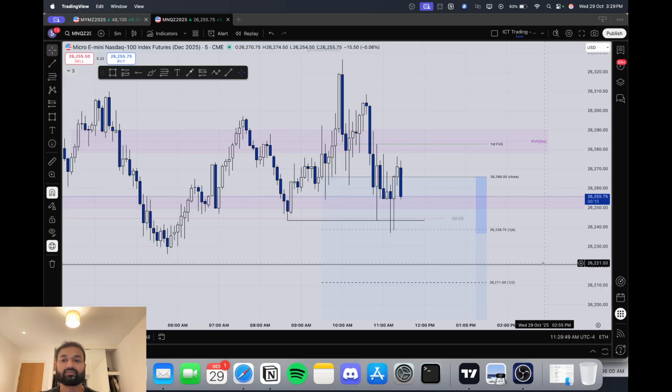Then I had the high of this, that's what I also marked, 419. What did I have for the low? Previous day, first presented 26077. So I had this level as a potential target, and look how price just perfectly went in there.